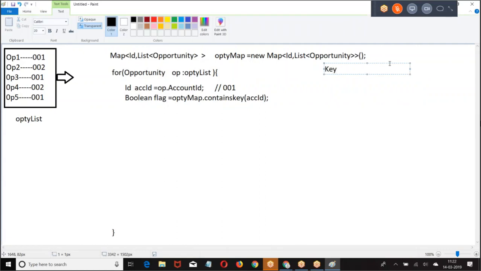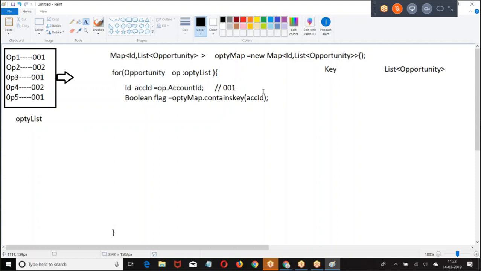Right now, did you insert any value in the map? There is no value in the map, right? So optimap contains key. What is the key? ACC ID, 001. Does the map contain any key called 001? No. There is no key.